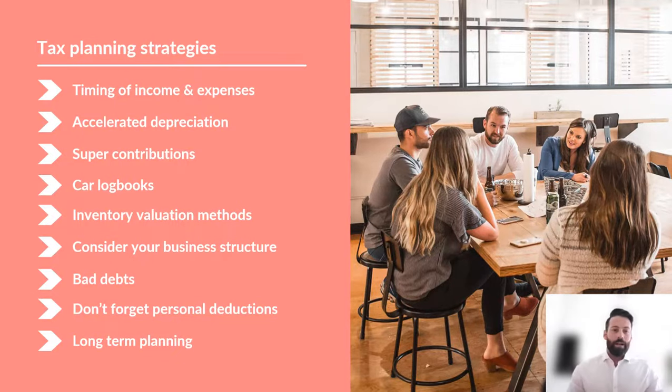So these are the tax planning strategies we're going to talk about today. It's not an exhaustive list, but it's sort of the key ones to consider leading up to 30 June. Tax planning is going to be very circumstantial. It's going to change depending on what business structure you have. It's going to change about your family group and any other income or expenses. And also it's going to be dependent on how much money you actually make and what sort of tax we're talking about. So these are the common strategies, but how they apply to you in your group is going to be very different to how they apply to me.